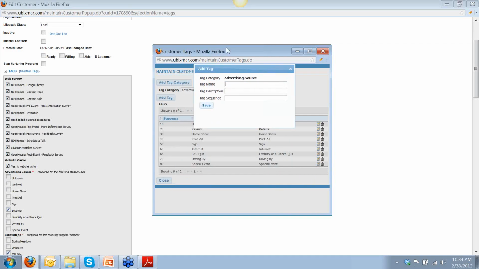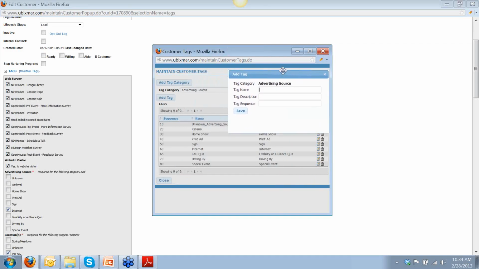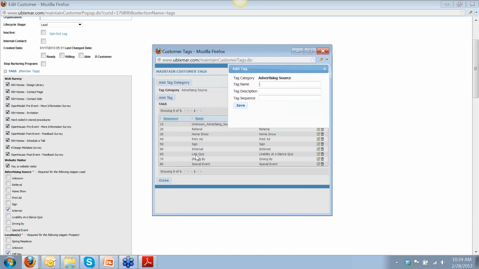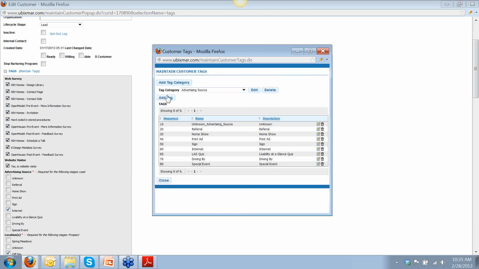Let me move this up. So in this case, I put it right underneath internet. So Yvonne said she found us on Google. Okay, so I would click internet, and then if she had taken a livability at a glance quiz, I would click that as I put it in. So I would just go, we have 60 and 70. I put it in as 65 here. So you all can edit your own tags,